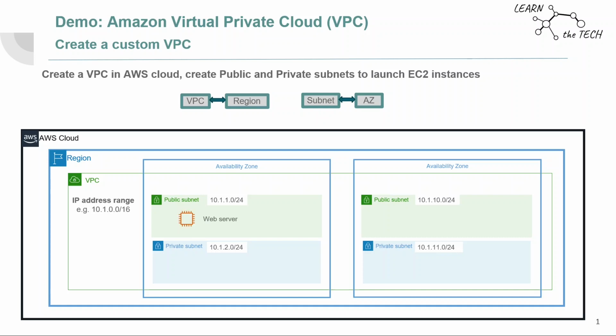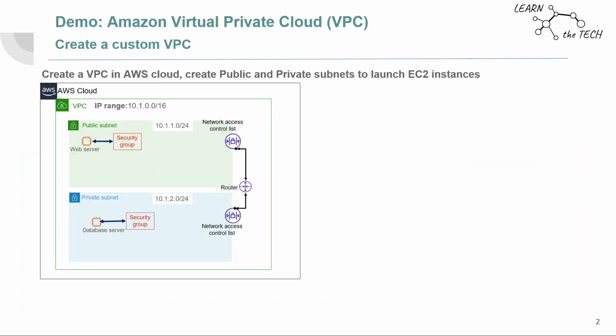So once you have defined this, then you can launch your applications and servers. For example, you can launch a web server in the public subnet and a database server in the private subnet. Now when you create a VPC, apart from the subnets, there are a few other components that are also associated